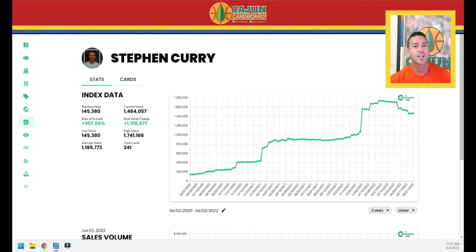Let's switch you over. We've got Steph Curry pulled up on Card Ladder. First, I want to look at his overall index over the last 2 years. This is going to be eye-popping for a player whose historical resume hasn't really changed over the last 2 years. He's certainly an all-time great, a top 20 player of all time, and arguably the greatest shooter of all time. If you look at his index on your screen, you will see his cards have gone up